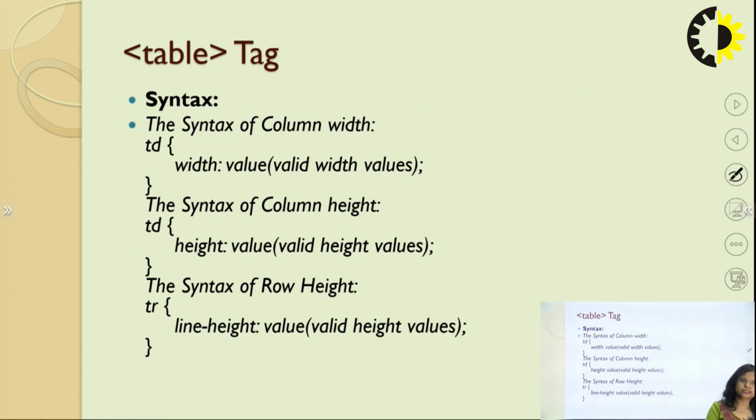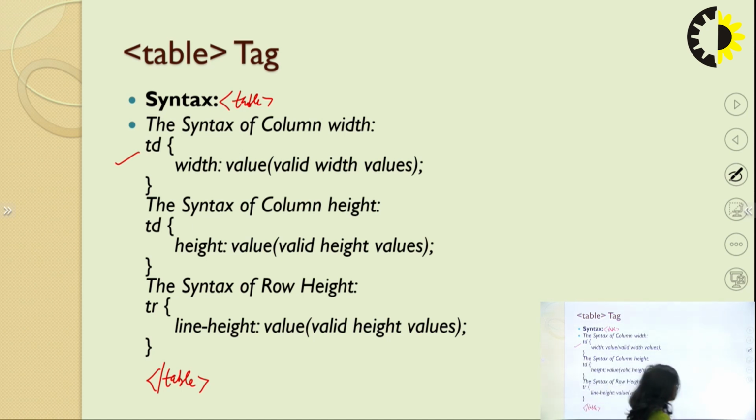This is the syntax of creating the table. So we know first we have to use the table tag and the corresponding close table tag. Okay. After that, td tag,